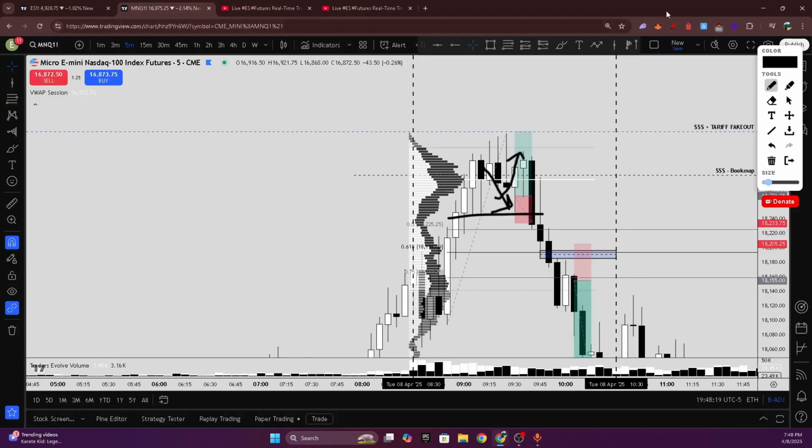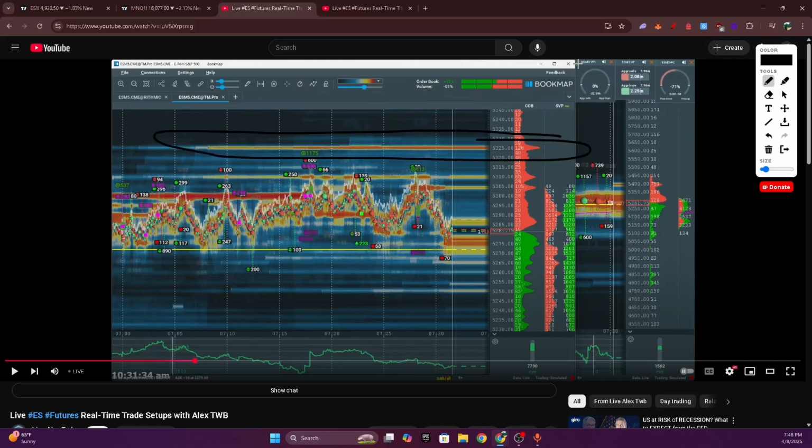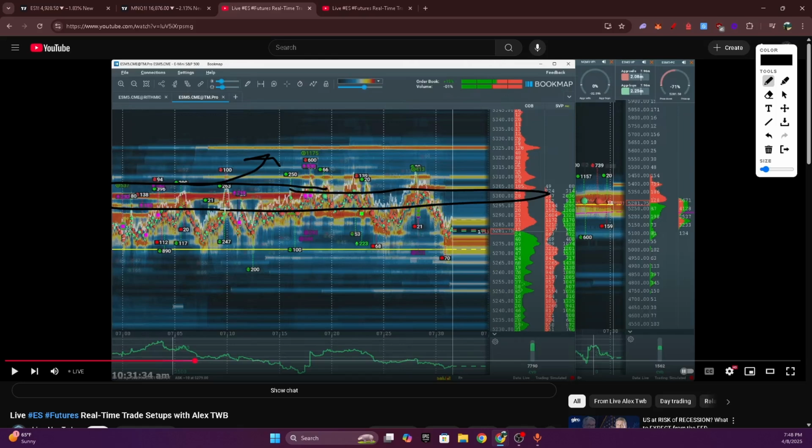Now, unfortunately, we did get stopped on this trade, and although this overall reasoning seems good on top, there's a reason why it did not play out. First of all, this liquidity above is not major liquidity. It got created once our major liquidity, which was placed at 5,300 on ES, was broken. This started getting introduced. This is essentially add-on liquidity, while 5,300 liquidity was our major liquidity that has already been